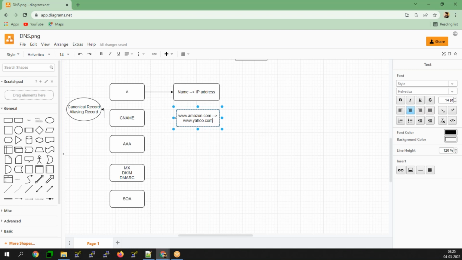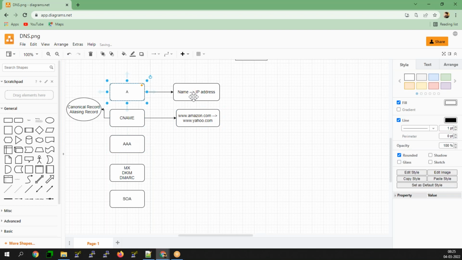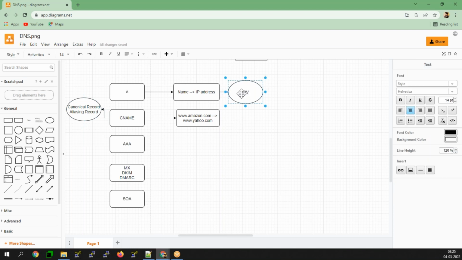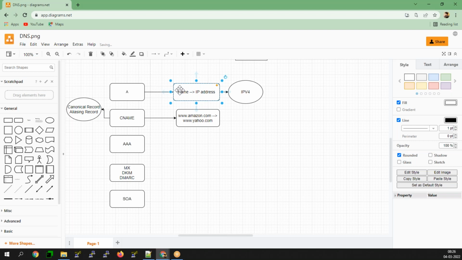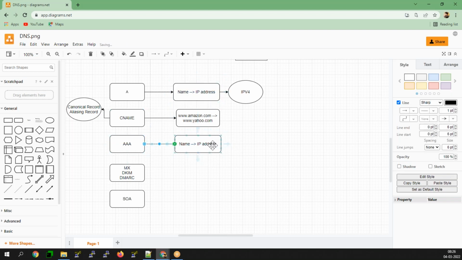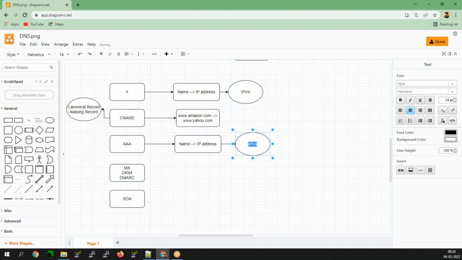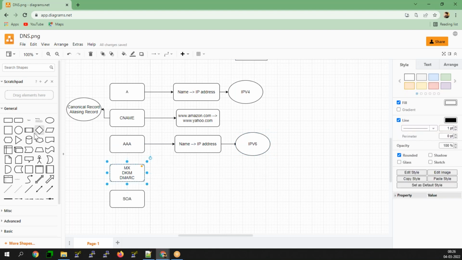Now the main difference between the A record and the AAA record. The A record is for name to IP address, and this is nothing but IPv4. The AAA record is for IPv6. And the MX record is for the mail service record.